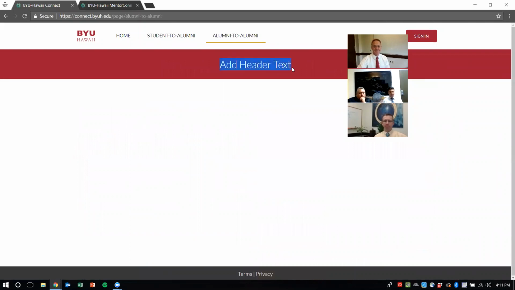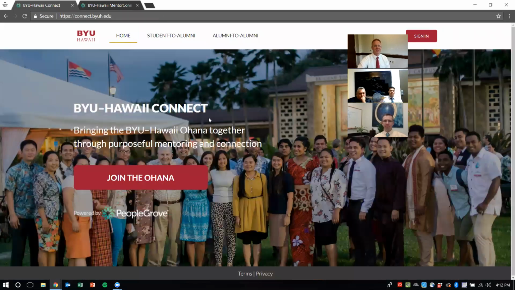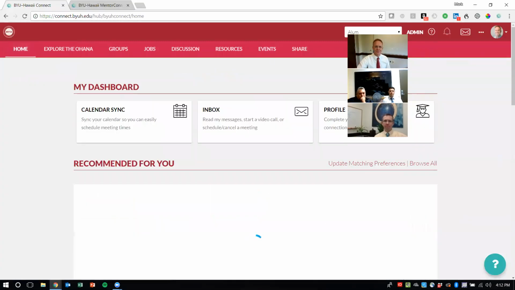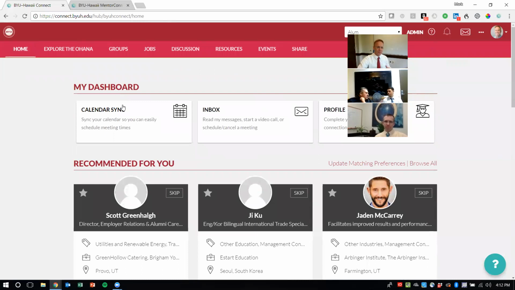There's a little good thing we've learned from this webinar. We need to finish that tab. But anyways, once one logs in, then it looks like this on the home tab. Here we go. The home page shows you as an alum, this is what it looks like for alumni. You have a little dashboard right here, shows you how to sync your calendar, which is a really useful thing. Here we'll see in a minute. Inbox, where you can see the people you've connected with. You can update your own profile.